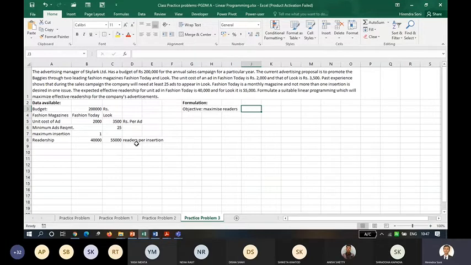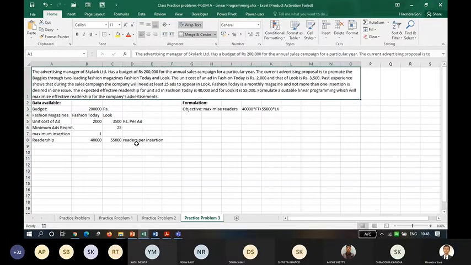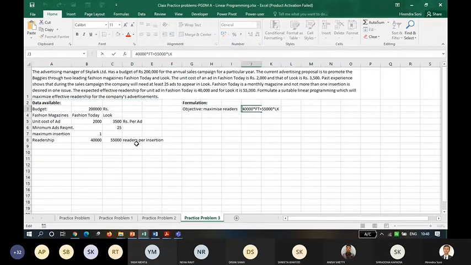So it would be 40,000, and if I say decision variables, 40,000 into Fashion Today plus 55,000 into Look. For Look I am deliberately writing LK. Fine. So it would be maximize Z equals to,